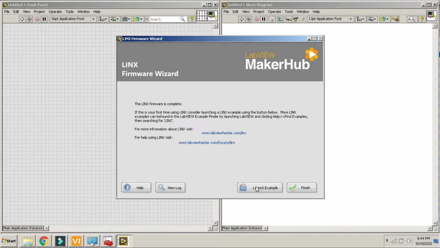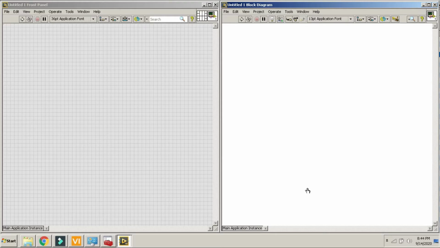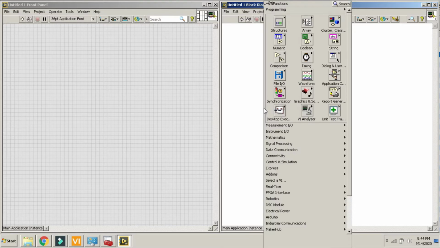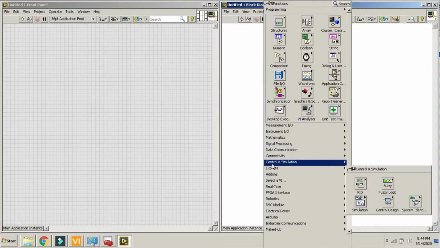After installation, click finish. Right now your Arduino is interfaced with your LabVIEW, and after this I am going to create a digital write program to blink the LED on and off.